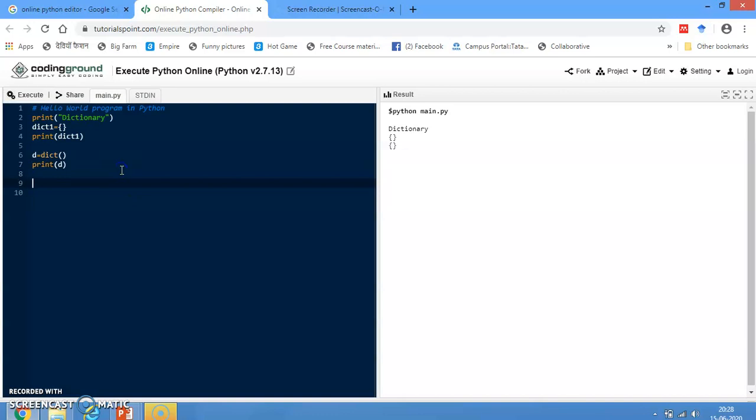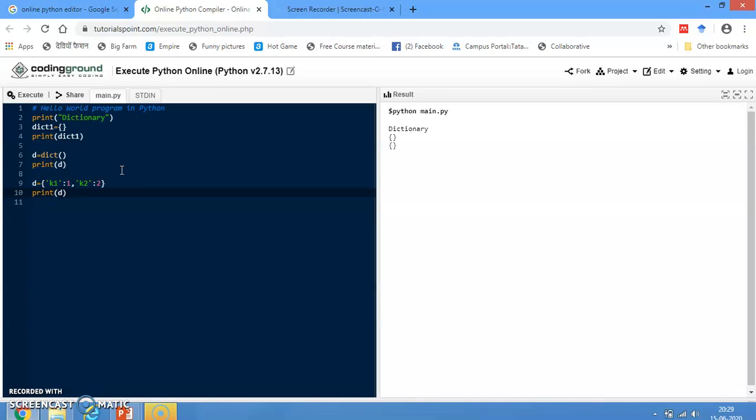Next, I am going to initialize values for a dictionary. Already I created two empty dictionaries, so I use those dictionaries to assign values. It is a pair of values. First we have to define a key. Next, we should specify the value for the key. Then the second key is k2, and the value is 2. I am assigning two key-value pairs to the dictionary d.